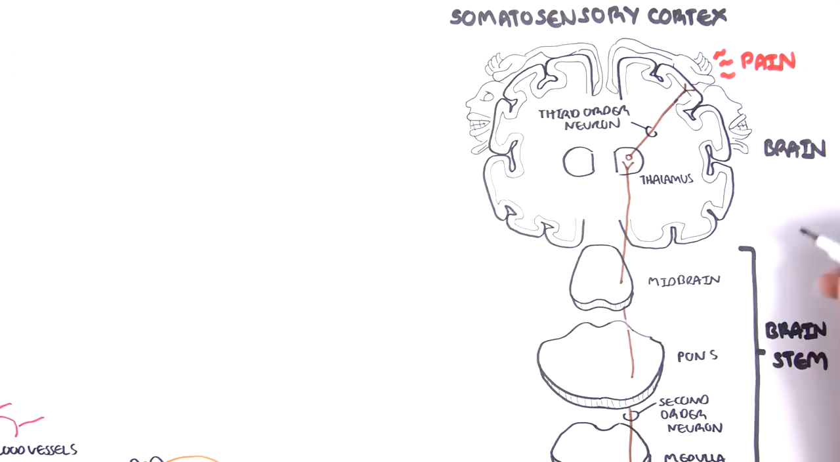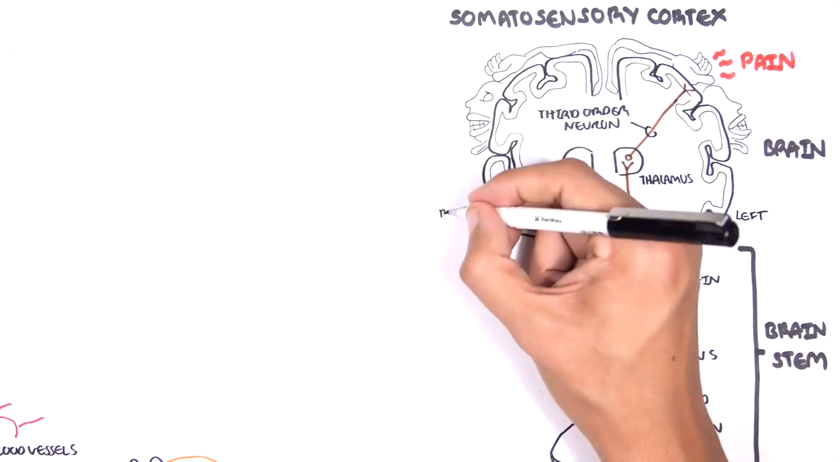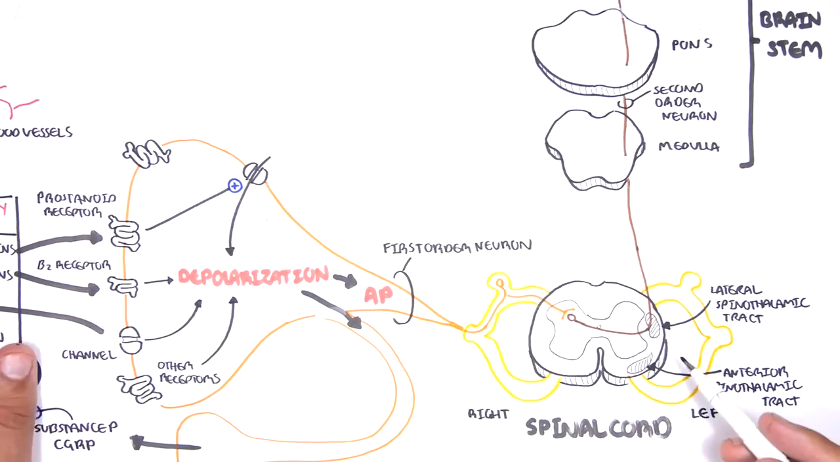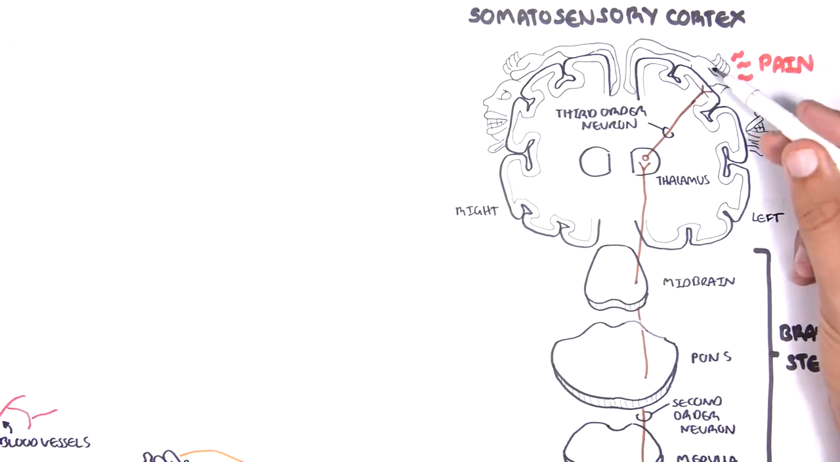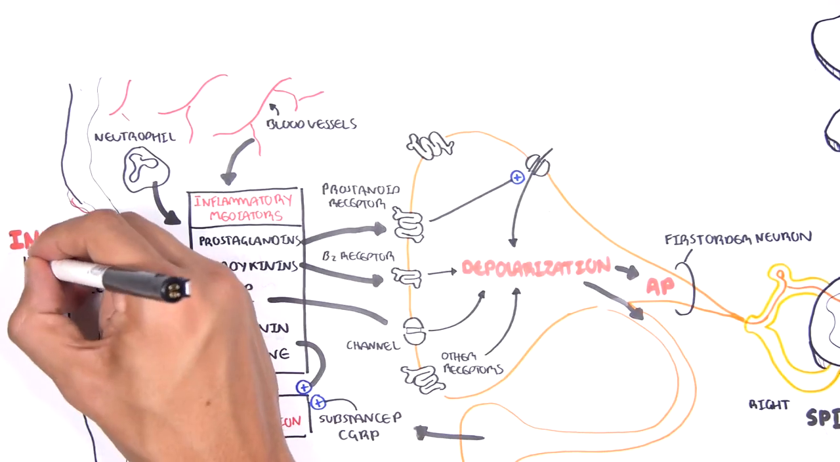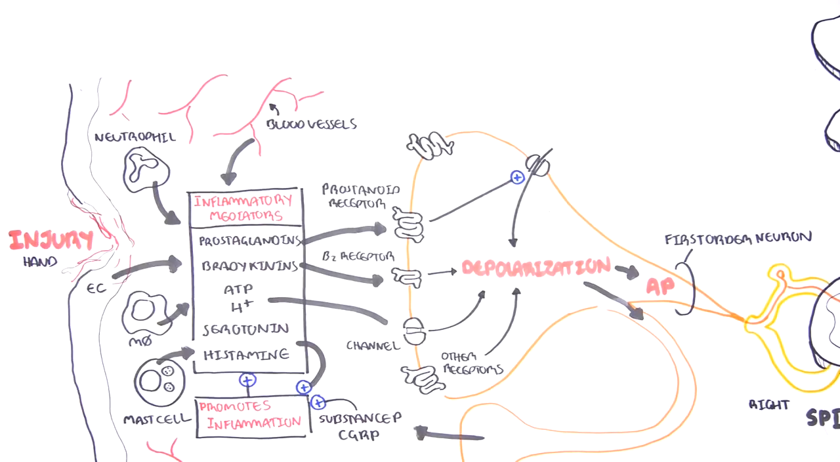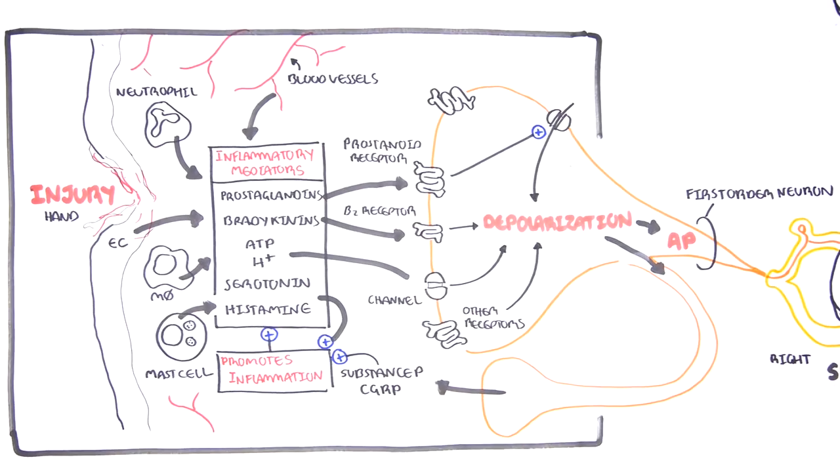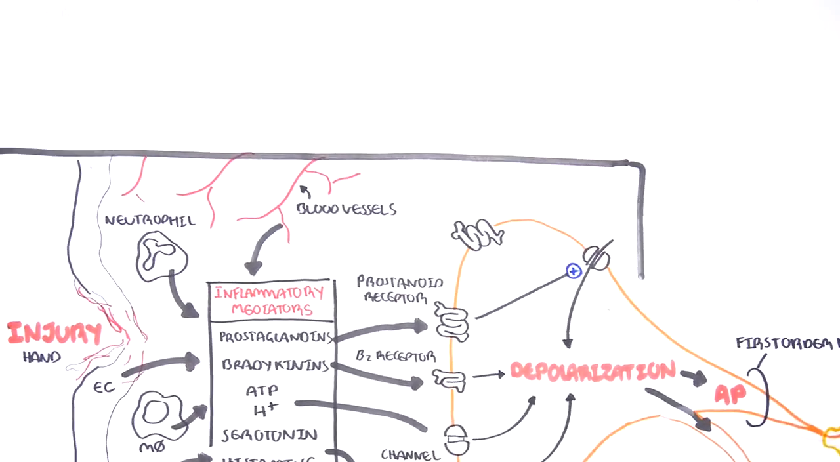Interesting point about sensation. Whatever we feel on the right, it's processed on the left side of the brain and vice versa. So let's go to the very beginning where the pain pathway started. Now, because prostaglandins are very important players, important mediators of inflammation and thus pain, let us see how it is